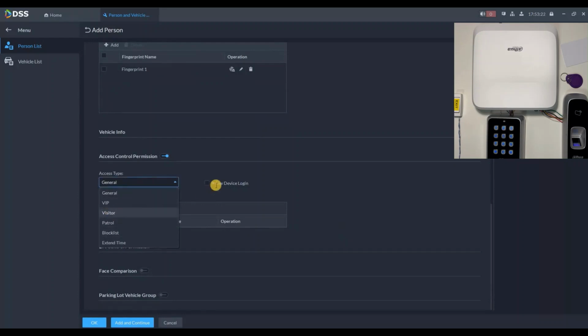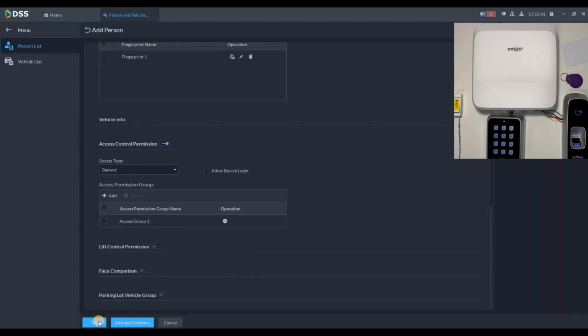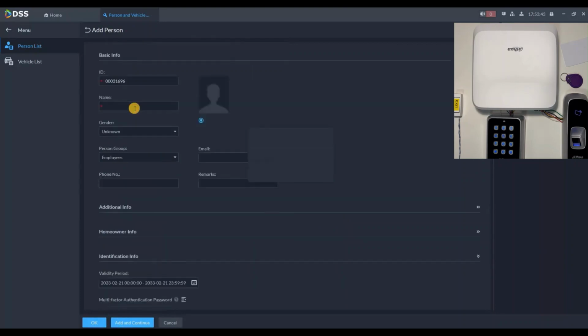You can choose, for example, visitor and set limited card swiping, or patrol, block list, extended time for longer opening of the door. We'll choose general and access group 1. We click add and continue and add another person, John,